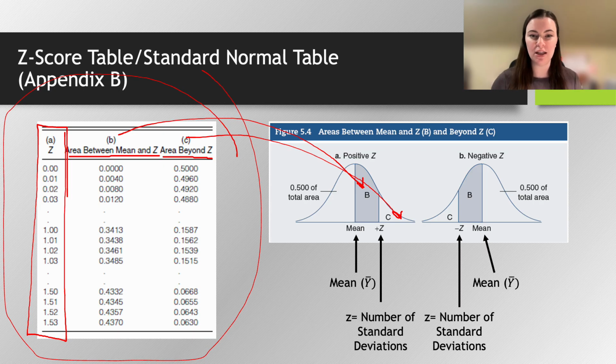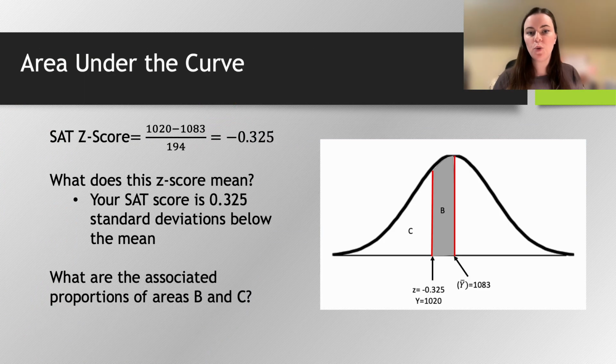I think this will make a little bit more sense in context as we work through a couple examples, so let's get to that next. So what does the standard normal table actually allow us to do? Well, in this case, it helps us interpret z-scores in a way that's a lot more understandable to us than